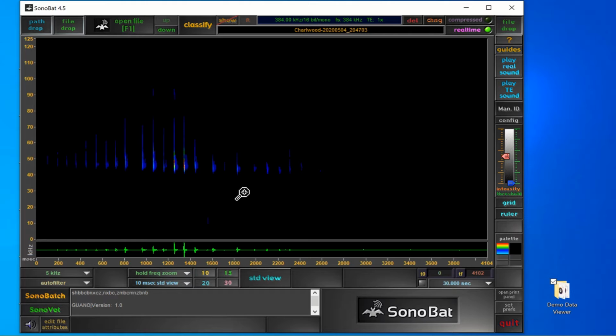Now what we can do in real time is make a second file from the first, sort of a mother and daughter type situation here. Just for the sake of argument, we'll assume that this first part of the call is one species of bat, and the second part of this call is a second species. So we can highlight our second species of bat,